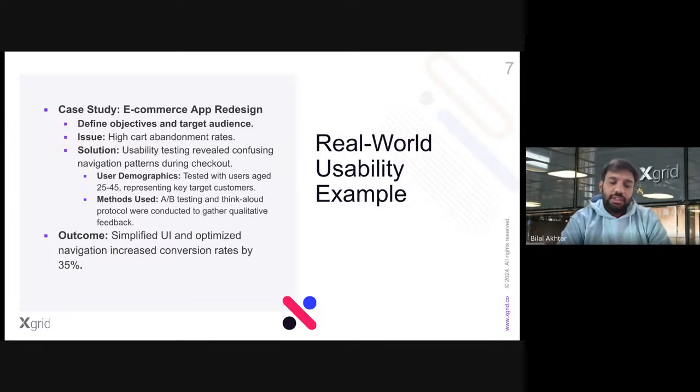There was a case study about an e-commerce app redesign. The target audience and objectives: there was a high cart abandonment rate,